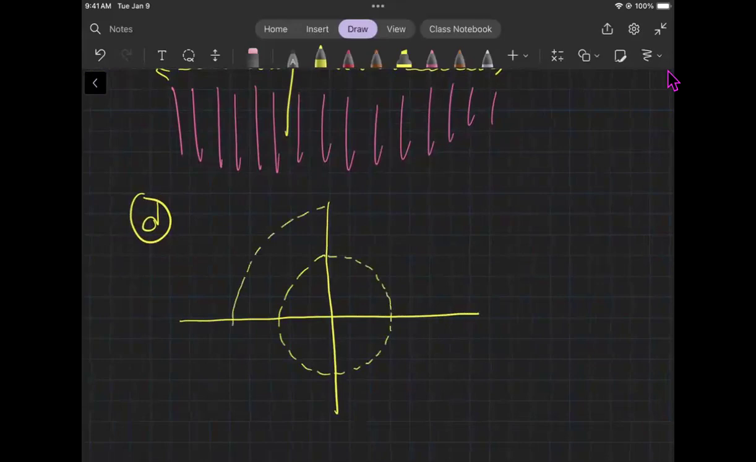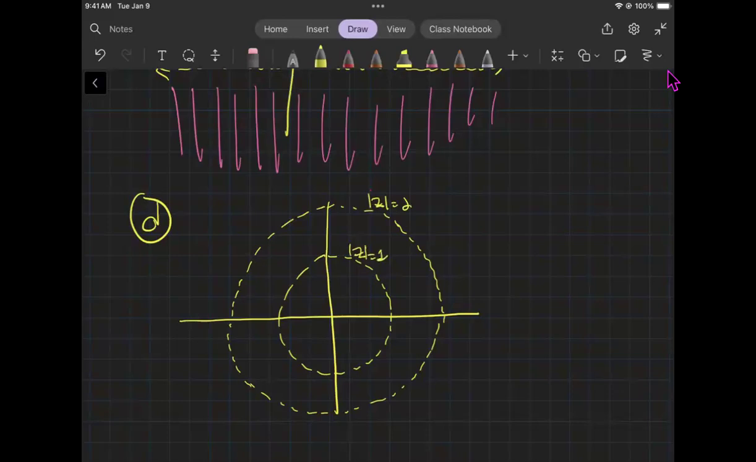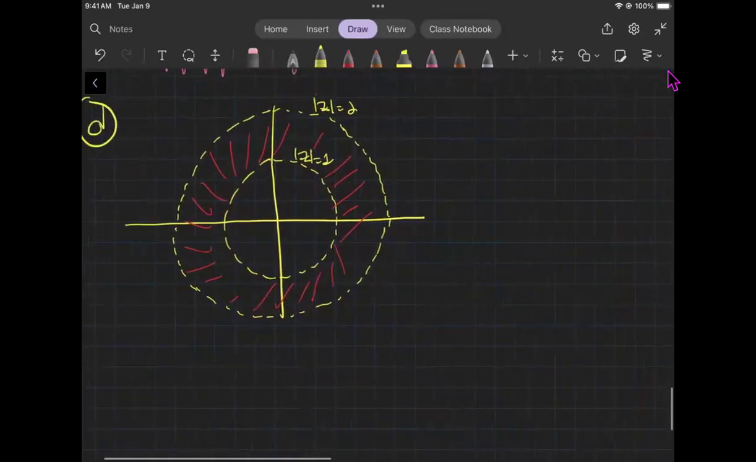We have some sort of a shell, but it's not including the boundary of the shell. So this would be the circle. Z equals 2, and then Z equals 1, and we're looking at the points that are inside this shell, right? This here, so if I look at the set S, and this is the set of all complex numbers,